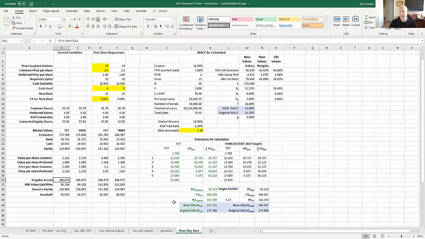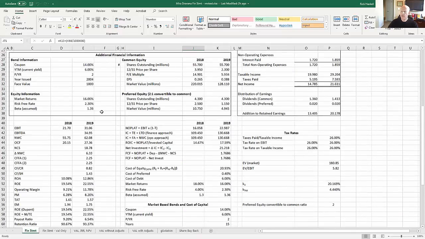Remember that assets equals liabilities plus owner's equity. And we know assets come in two forms. There's tangible assets and intangible assets, and we call intangible assets very often goodwill. And in this case, we know the value of the tangible assets. They're on our financial statements. We can see it right here.